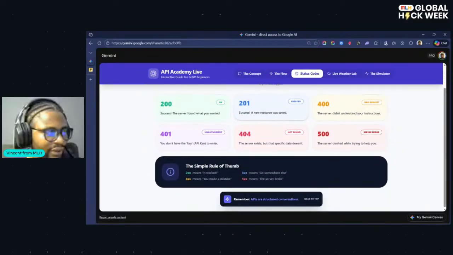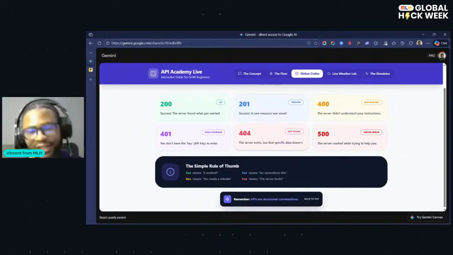400 is always a bad request. Maybe the server did not find what you're looking for, or maybe you're not authorized to access this. Example: 400, bad request; 404, not found; 401, you don't have the key or API, like you're not authorized. It's like when you're trying to access part of an application where you are not an administrator, you see 401 being returned. So this is how you know what is going on from the status code. You can identify the issue at that particular point.